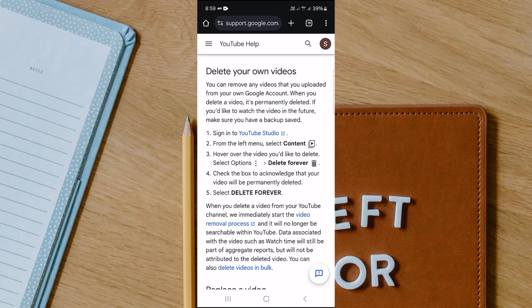So sign into your YouTube Studio. From the left menu, select content. Hover over the video you would like to delete. Select the three dots icon and go to options. Tap on delete forever and select the box to acknowledge that your video will be permanently deleted, and select